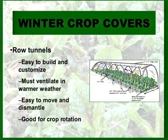The next one, more small but larger and large enough to use, is called a row tunnel. Now you can easily build those. What you do is you build them out of plastic pipe, probably 3/4 inch. You bend it over, and then you lay the plastic over the top of it. You need to leave some area, either the ends open or the sides, so you can pull them back. You can actually clip the plastic from each hoop that you make